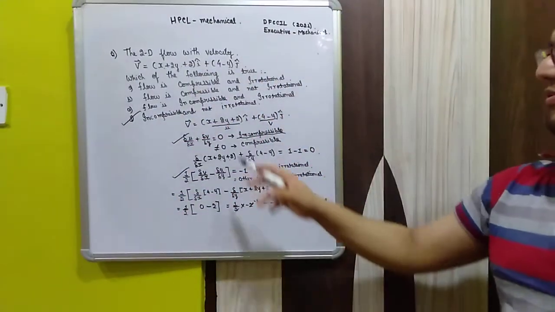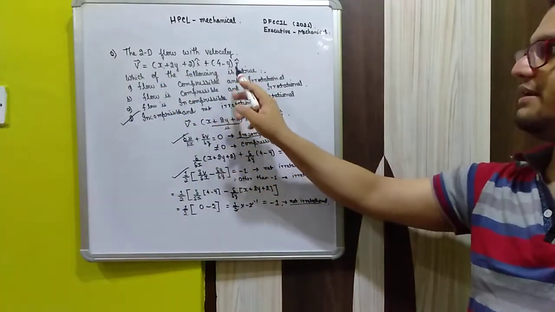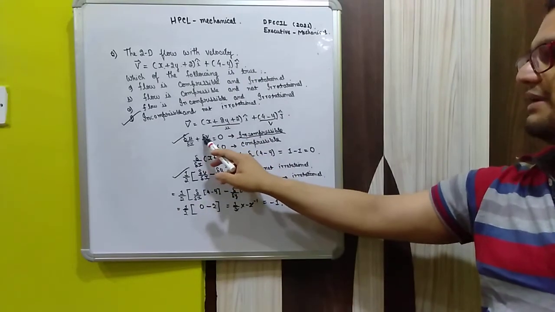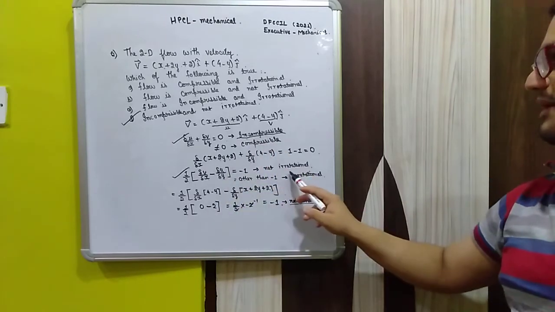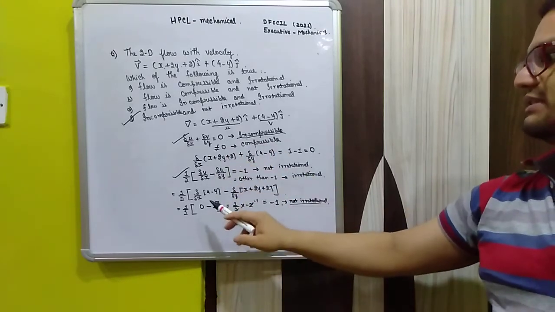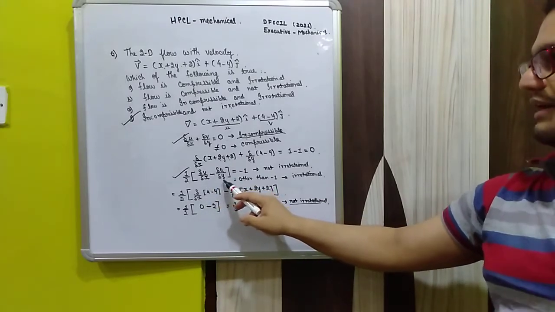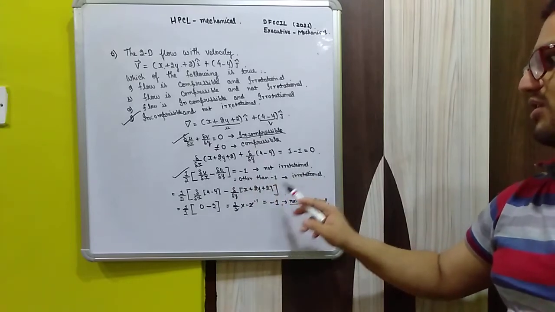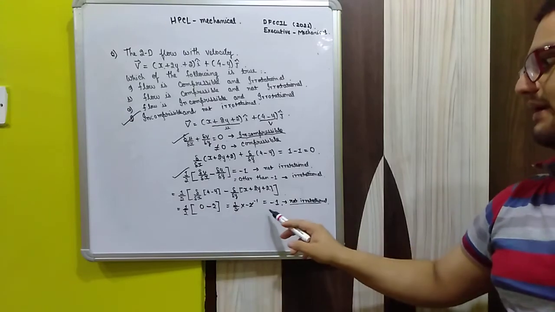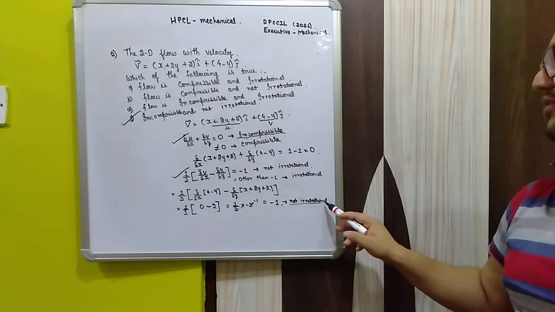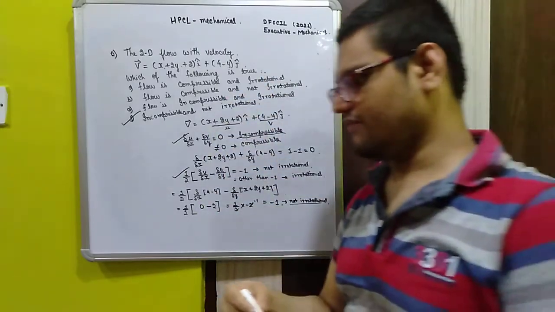So I hope you see how we have solved the fluid mechanics equations. This equation is given. So from this, del u by del x plus del v by del y is equal to 0. If it satisfies, it is incompressible, that has been satisfied by putting the values. Then we have to see whether del v by del x minus del u by del y into half, which is minus 1, is irrotational or not. We have just put the values and differentiated with respect to x and y. We can see the equation is minus 1, so it is not irrotational. So I hope this question is very much comfortable for you now.